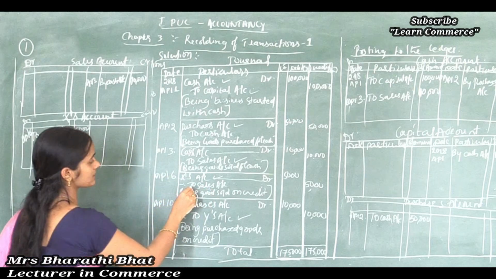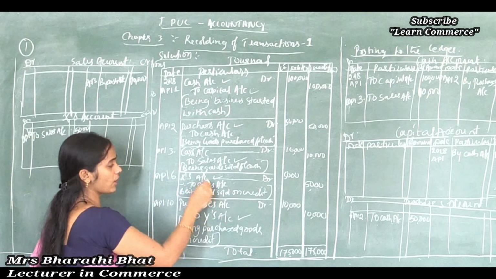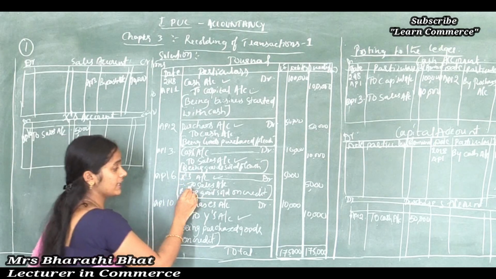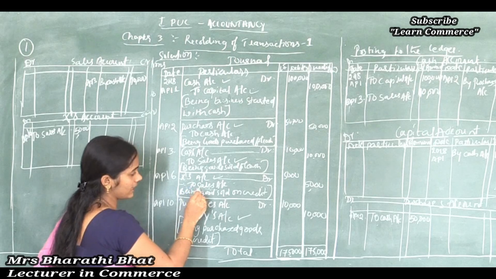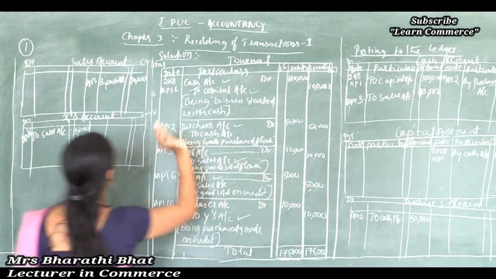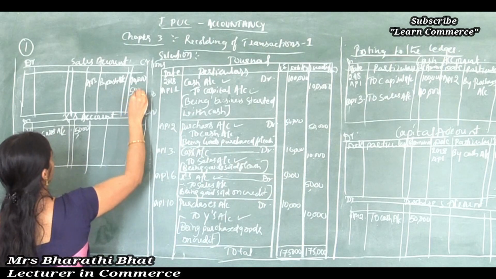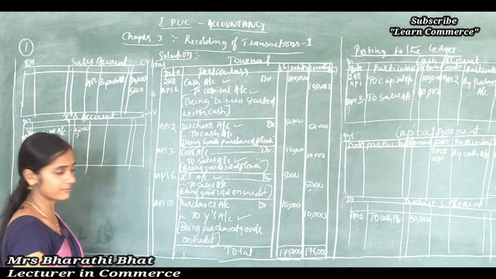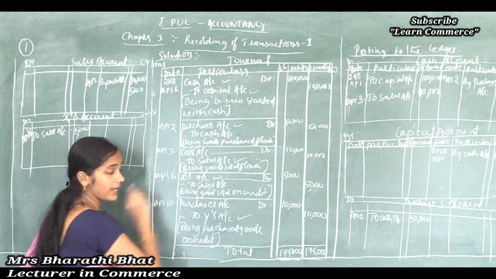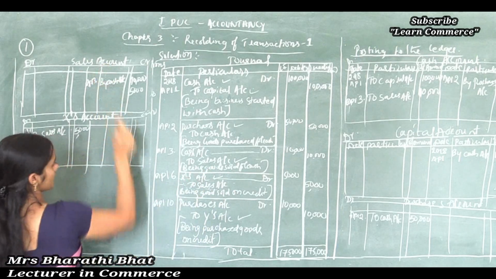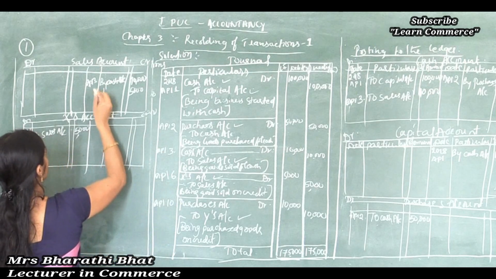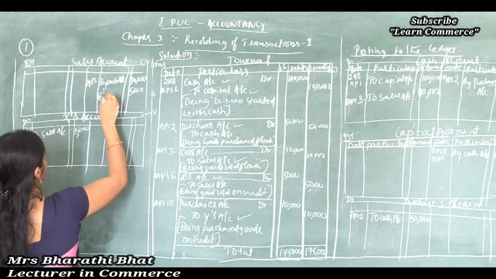And the next step is sales account. In sales account, how can we record this X account, whether it is debited or credited? Immediately analyze this particular transaction: sales account credited, right? Just write the amount on the credit side, 5,000, and the next step is sales account credited by X account. Sales account is affected by this X account, correct, right? So by X account,